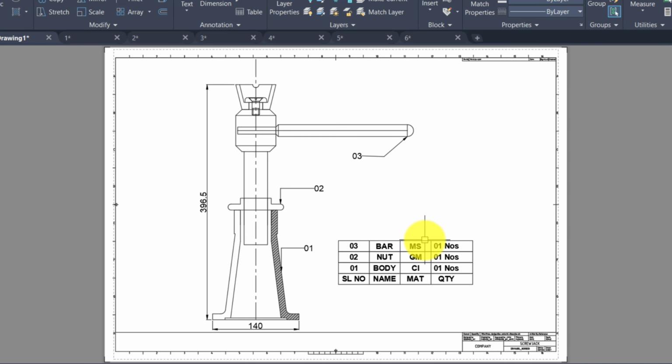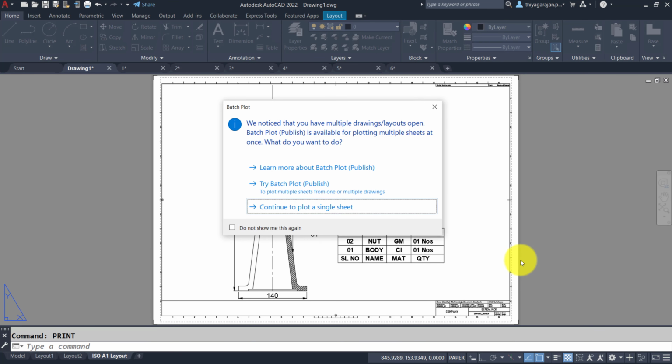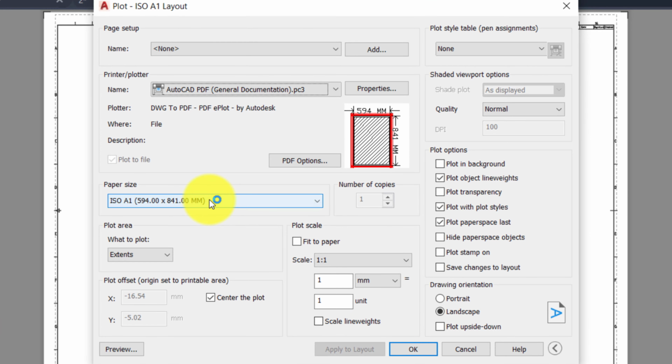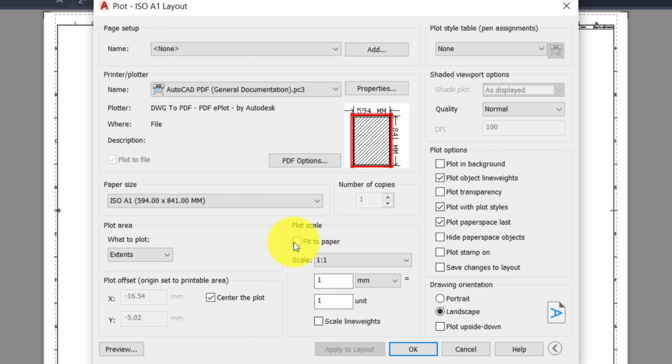Once you did everything, assembly, dimension, bill of material, ballooning, template, then what is the next step? Go for the print. Inside the print you choose the proper paper size, A4 or A3. Fit to paper, center the plot. Once you check everything, you go for preview.